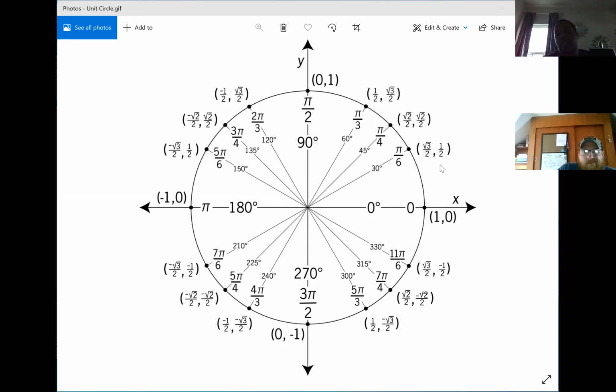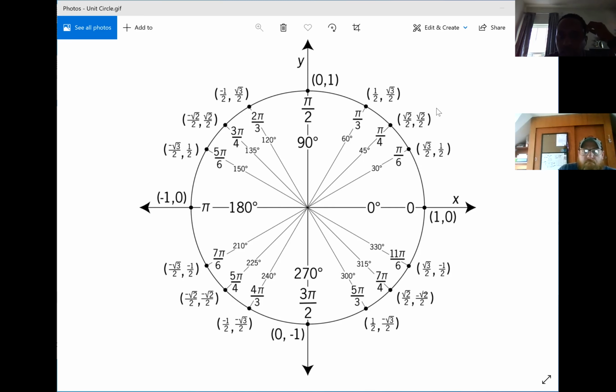And then also when you look at 0, 90 degrees, 180 degrees, and 270 degrees, those will either be 0 or 1. And then, this is when you apply your signs to your quadrants. In your first quadrant,